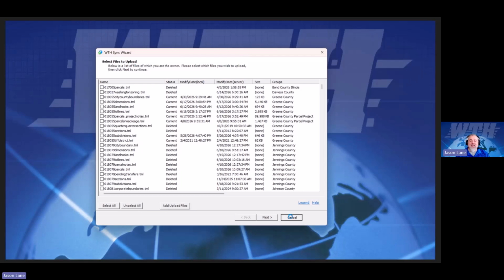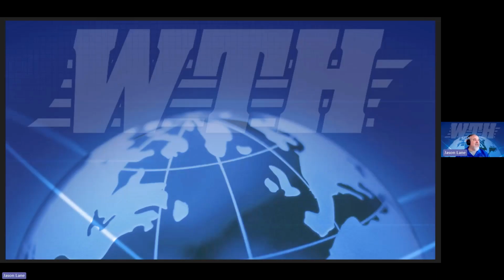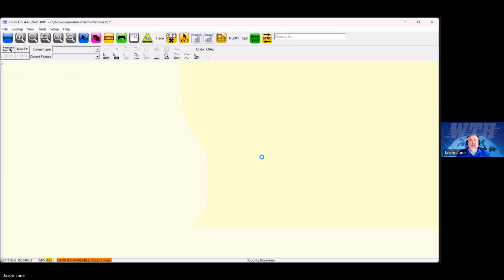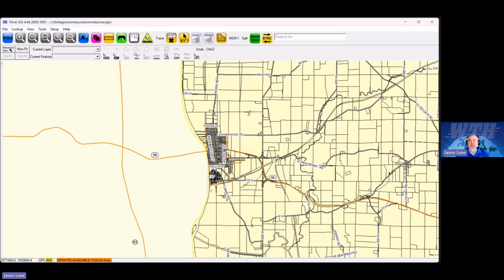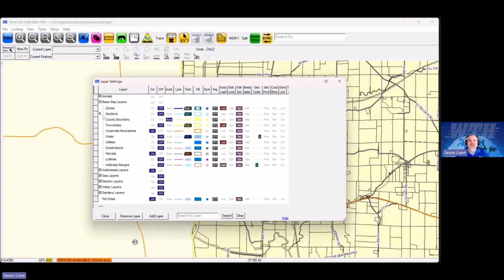And what that ends up doing is, I'm going to go ahead and cancel this sync. Let's bring the map back up. The map may look like this, just the way that you want it, but when you hit the layer settings, if they're not all categorized nicely, and like if we open up all these categories,